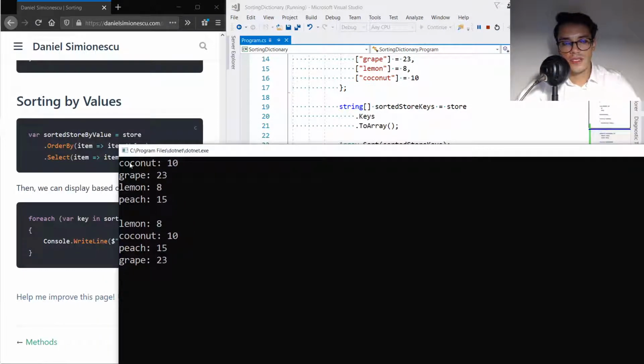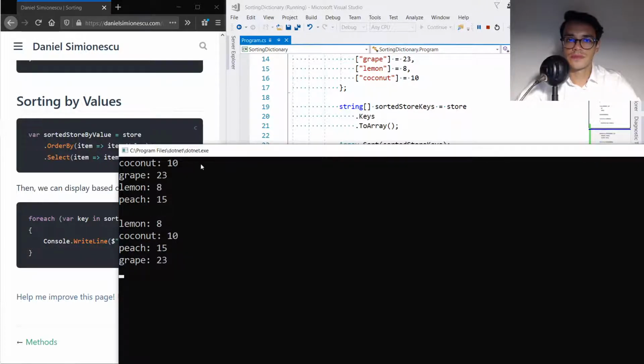So the first time the dictionary is printed sorted alphabetically based on the key, so coconut, grape, lemon, and peach. The second time it is printed according to the value, so the quantity that each fruit type has, in an ordered way, so 8, 10, 15,